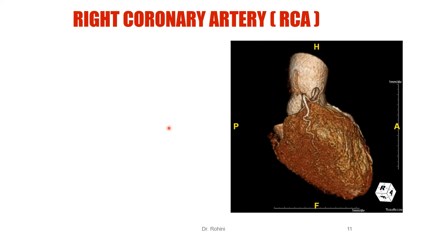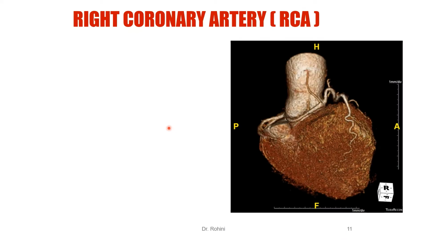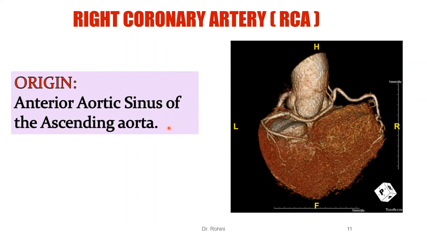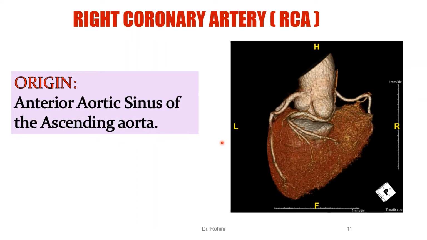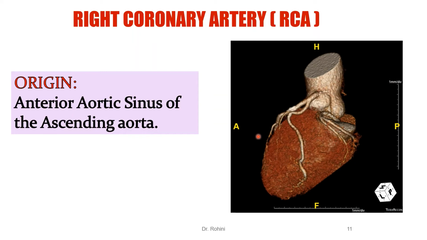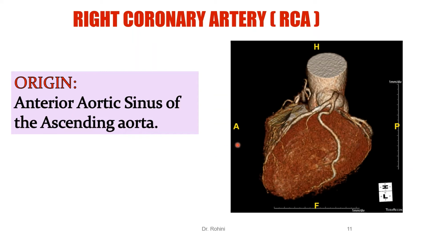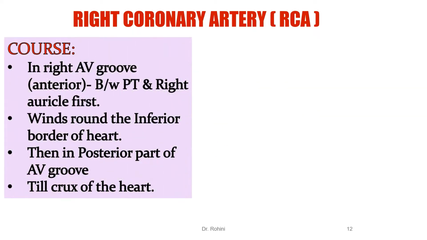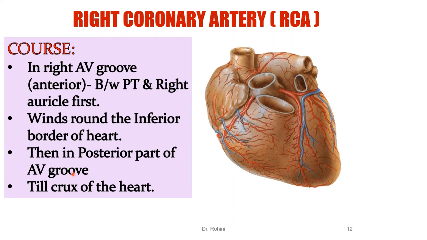Coming to each artery one by one. So we have the right coronary artery now. It arises from the anterior aortic sinus of the ascending aorta, as I already mentioned. Course: the right coronary artery arises from the ascending aorta, anterior aortic sinus, then it runs downwards and laterally in